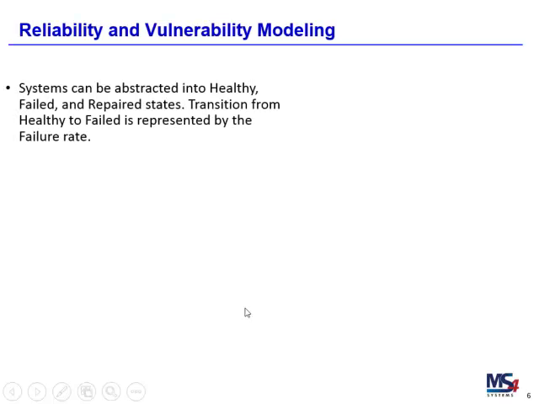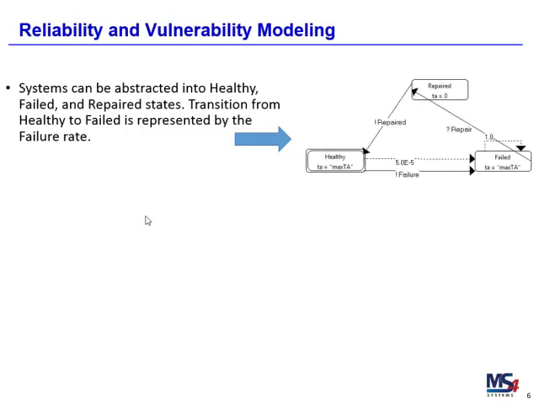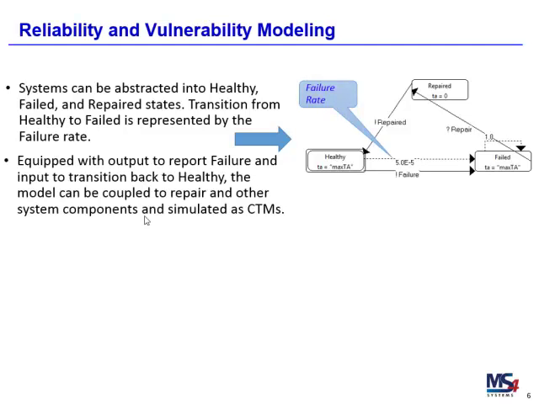One example where Markov modeling is very fundamentally used is that of reliability and vulnerability modeling. Here the systems can be abstracted into healthy, failed, and repaired states. And transition from healthy to failed is represented by the failure rate. Equipped with output to report failure